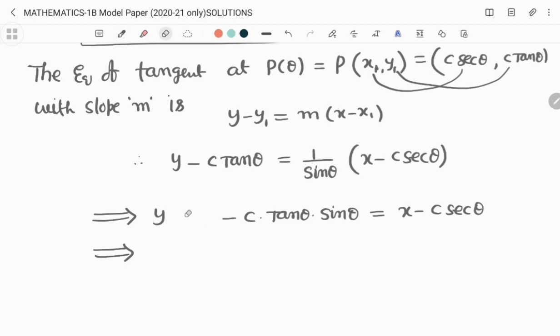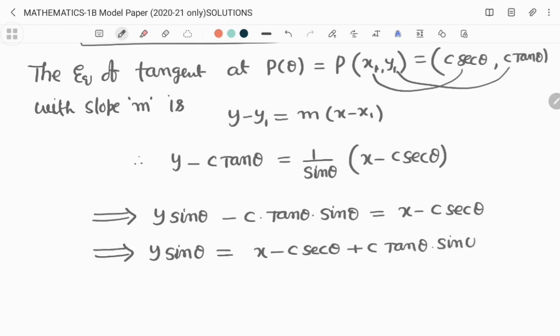Here sin theta. y into sin theta minus c tan theta into sin theta. So except y sin theta, remaining you can take into the RHS. So x minus c secant theta plus c tan theta into sin theta, which is equal to x minus